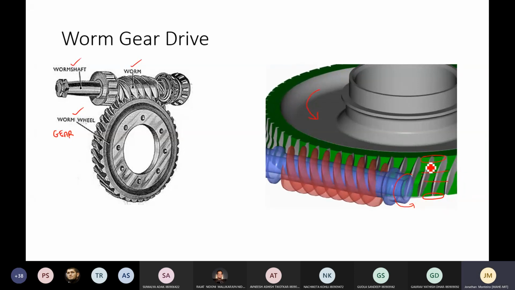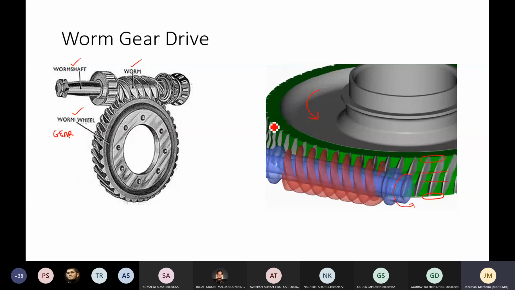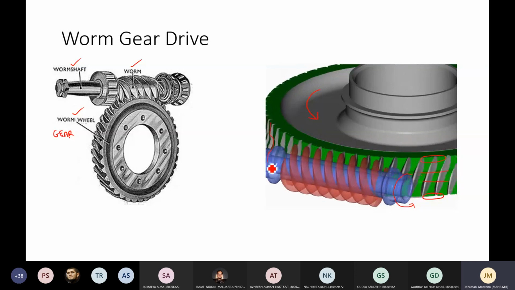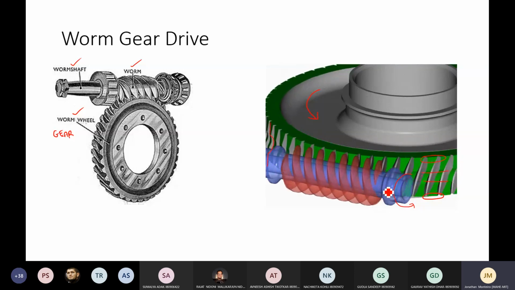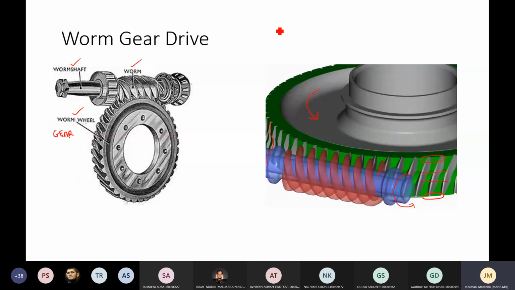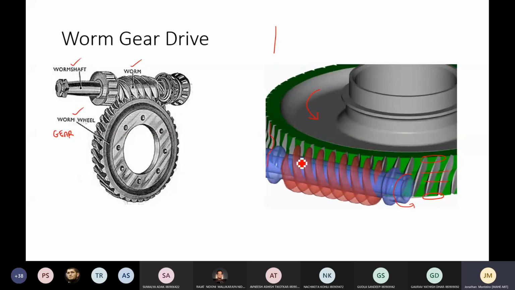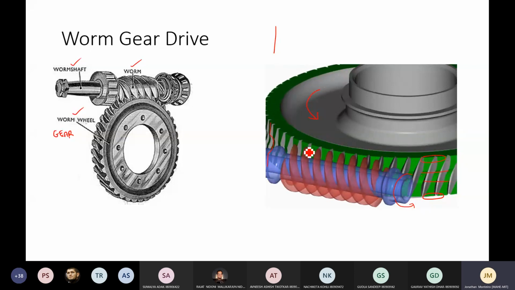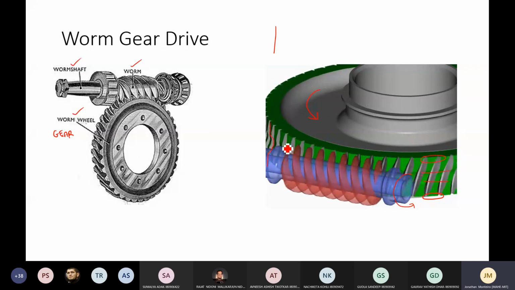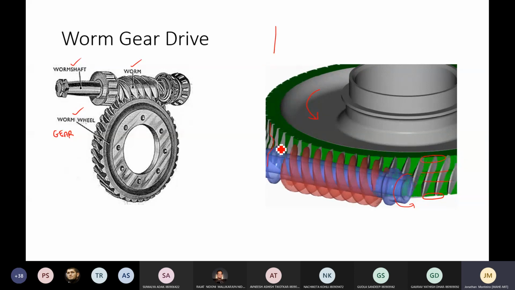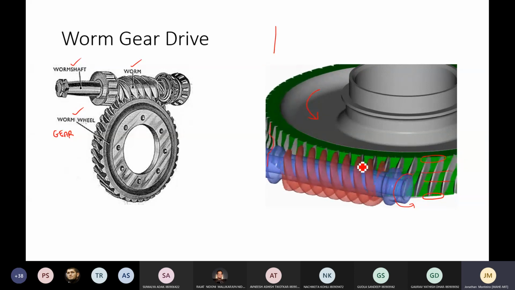And also you see the profile here. I'll just try to draw it here. You can see a profile like this. In a helical gear or spur gear, the profiles are always like this. But here, you see, it's kind of removed. The material is kind of shallowed out or removed. So what happens because of this? Because of this, proper generation of teeth is not possible. Then how would the teeth conform to the worm wheel?